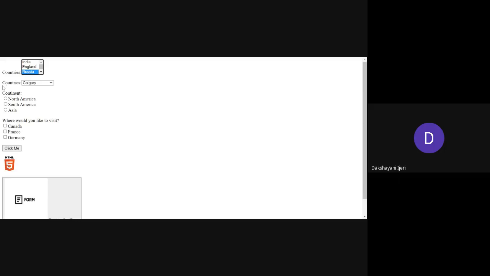The next one is again done by using the select element, in which you have created the options but you have not taken the size attribute. That's why you are able to see only one option as a default over there. To see the rest of the options that have been created here, click on this drop down menu, where you can see all the options that you have created here. So if I click on this drop down menu, are you able to see all the options here?